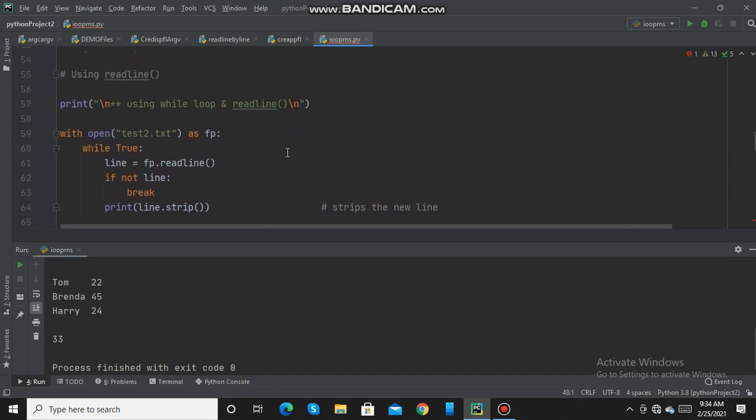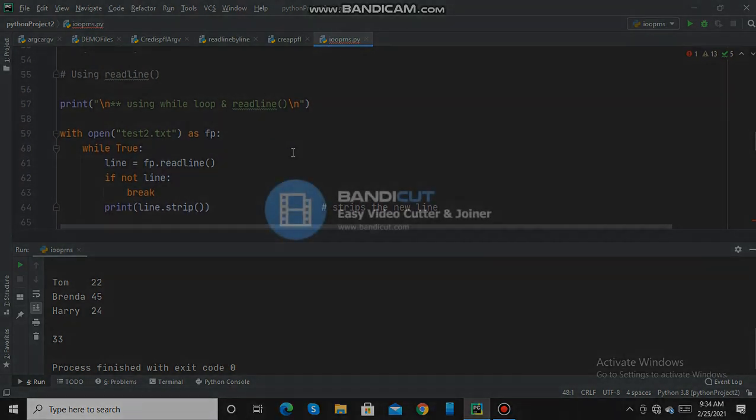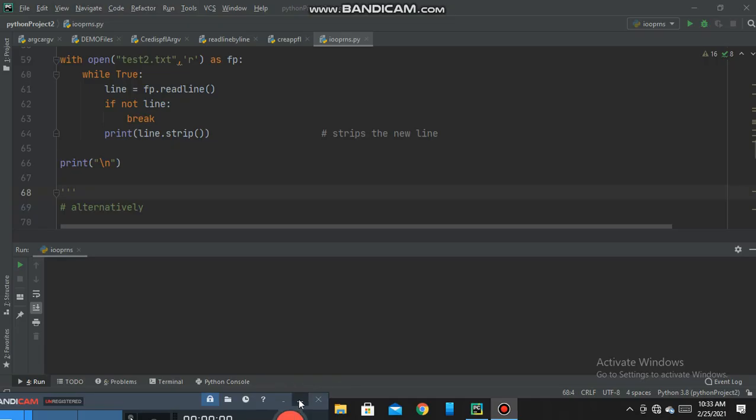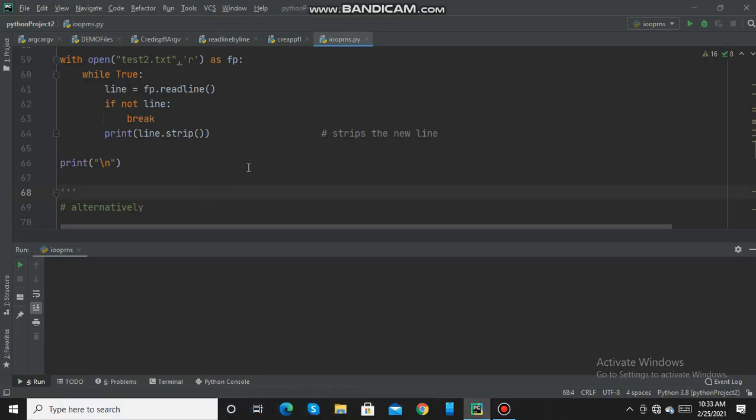Now readline method. This readline method returns 1 line from the file. That is, it reads a single line of a file. And if you use the readline method within a while loop or a for loop, you will be able to iterate over the file line by line.